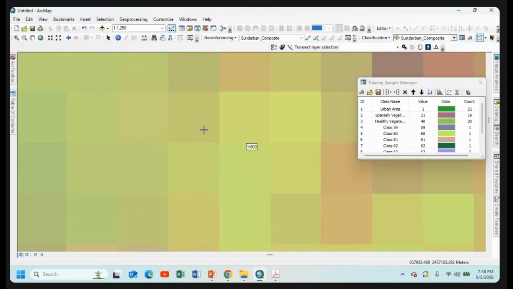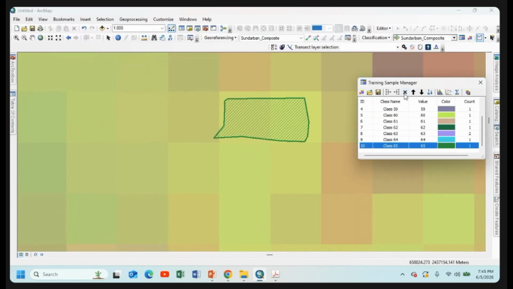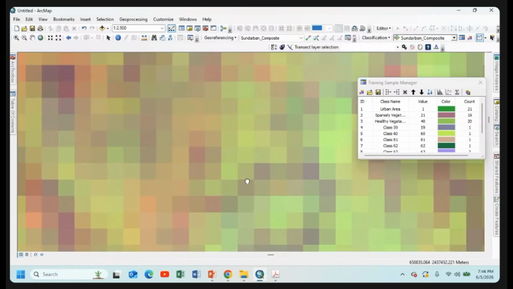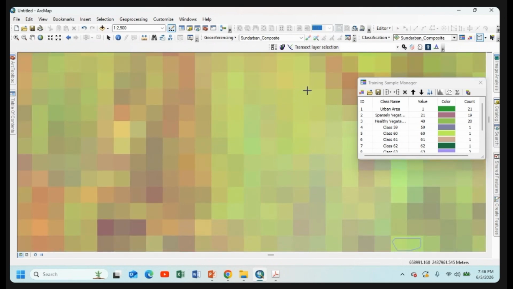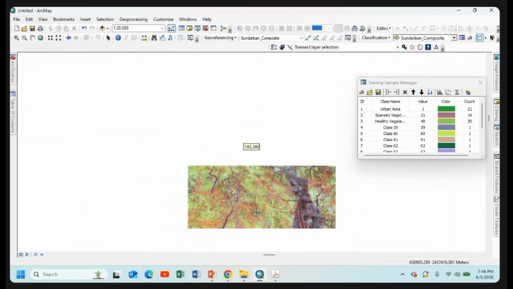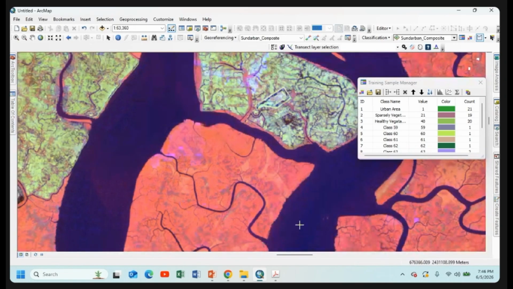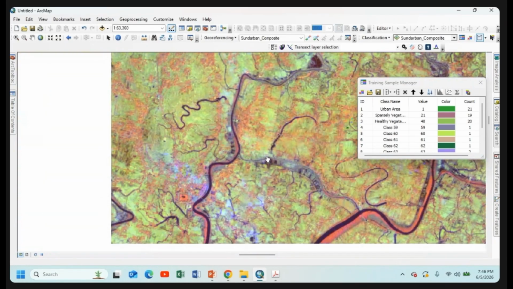I think this is a wrong pixel I have chosen, so I delete that. Number 10, deleted. Again, I choose this. Here's some light green pixel. Here also. Look. This part is under agricultural field and this part is under the dense forest. So from this part, again, we will collect some training samples for agricultural field.